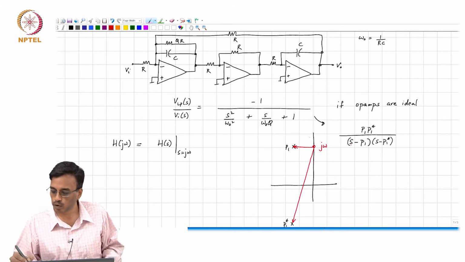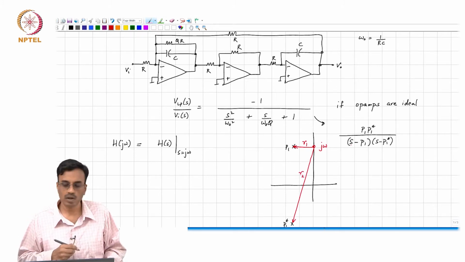And so, if you call this vector R1 and this vector R2, then mod H of j omega is